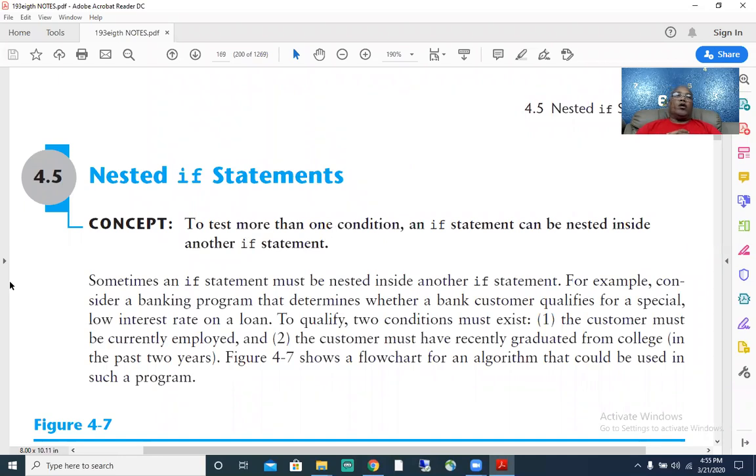So that means you may have one or more questions that may need to be asked in order to determine what you need to do. To give an example, many times you may go to, well, just look at logging into the system. Many times it asks you for a login. Once you type the login, then it asks you for a password. So this would be something that a nested if statement may be used for, depending on how they are controlling their